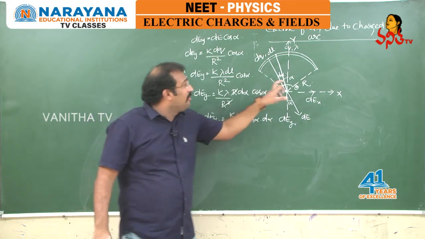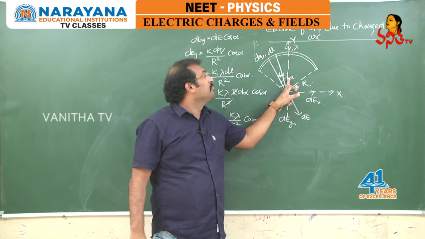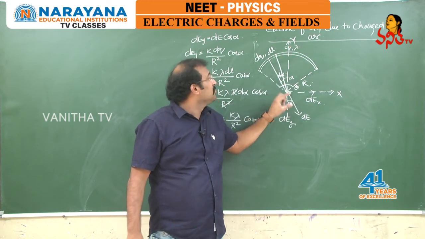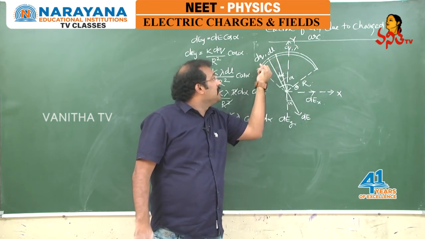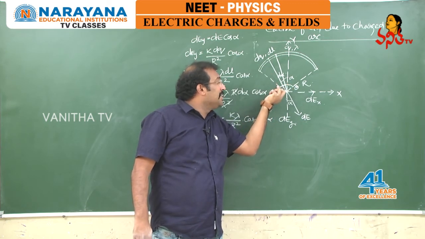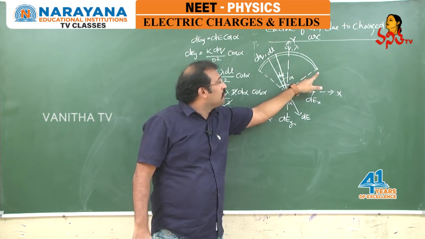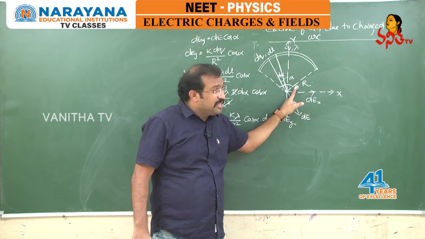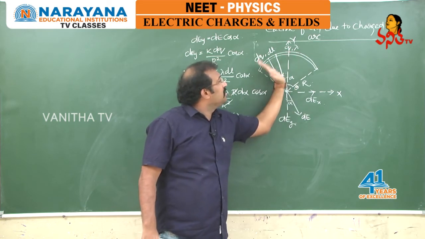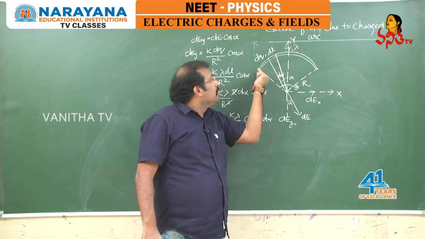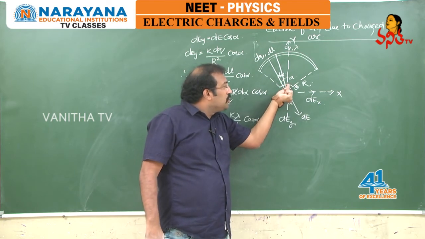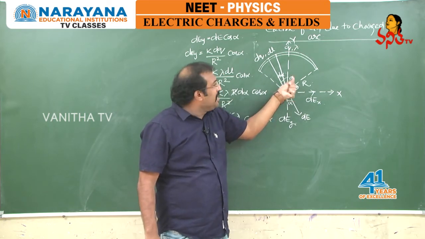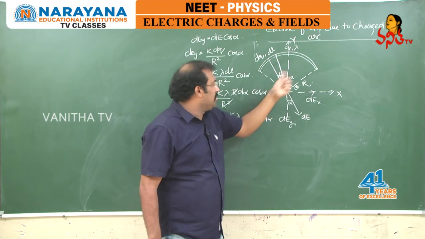So this α is varying from, so this is exactly at the center. When this element is here, it is θ by 2. When this element comes over here, this is again θ by 2 from here. So since it is changing the coordinate from here to here, minus θ by 2 to 0, 0 to θ by 2, indicating minus θ by 2 to plus θ by 2.